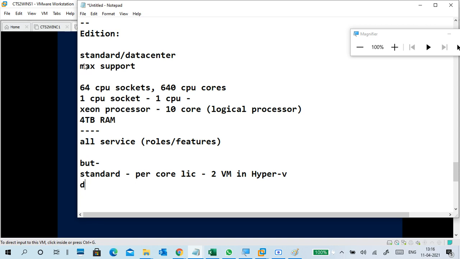Data center is also per core license, everything is per core license.